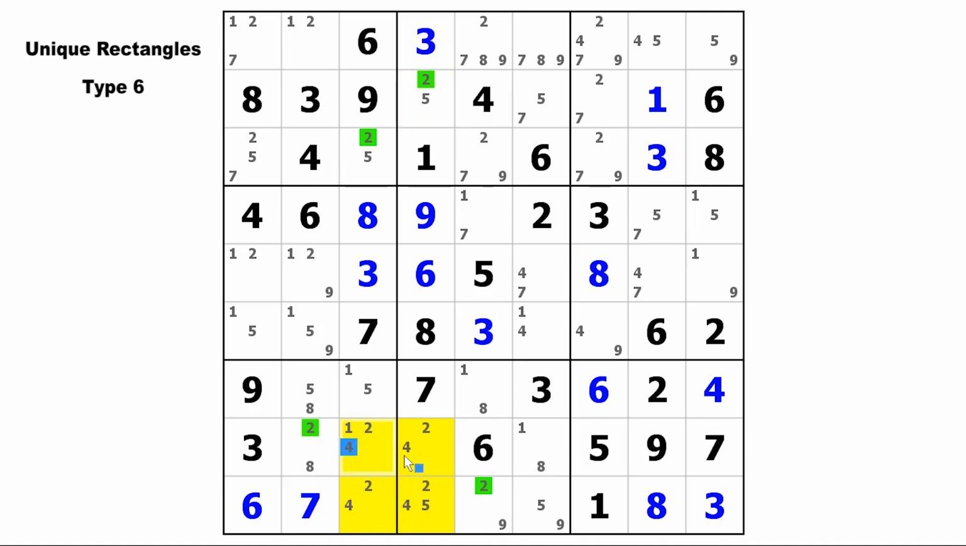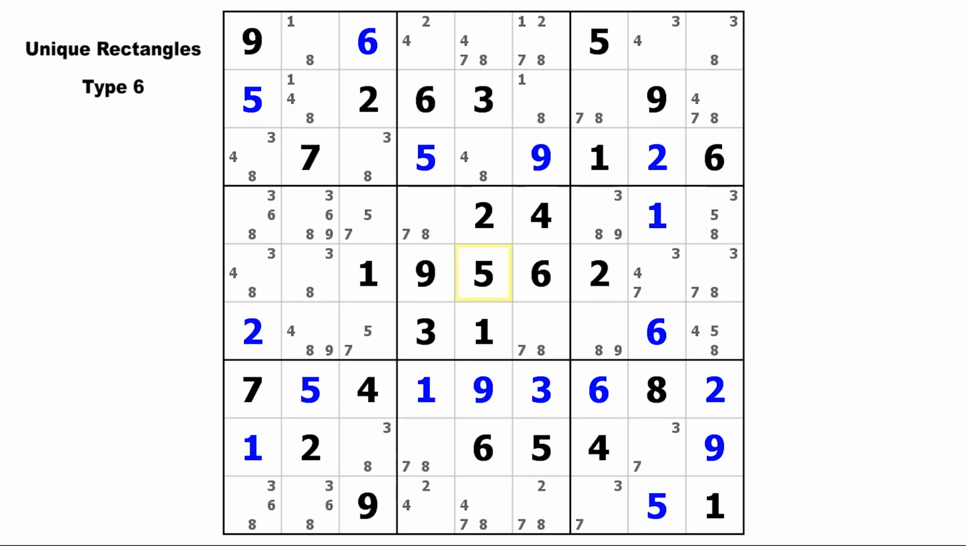Therefore, there is an X-wing on candidate 4. And we know from the type 6 rule that these two 4s must be false. So you can immediately solve these two 4s as the solutions to those two diagonal cells. All right, next one. All right, here the UR candidates are 1 and 8, and there's your diagonal bi-value cells,